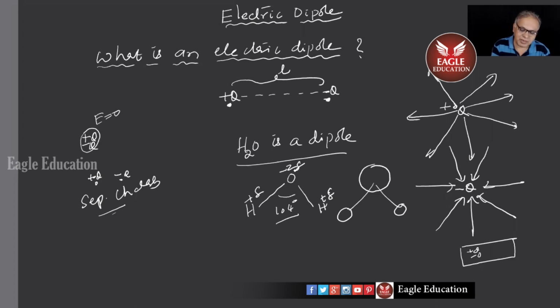But here, look at that minus delta as minus delta by 2, minus delta by 2, plus delta by 2, plus delta by 2. So this is what you mean by a dipole like this, one dipole, another dipole like this. That's minus delta plus delta, one dipole, and one other minus delta plus delta, another dipole. It is equal to two dipoles like this, which is equivalent to a single dipole like this. So water molecule is a polar molecule. Already charge separation happens on the molecule.